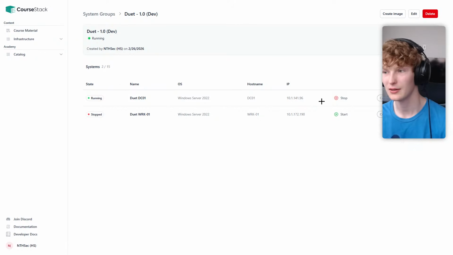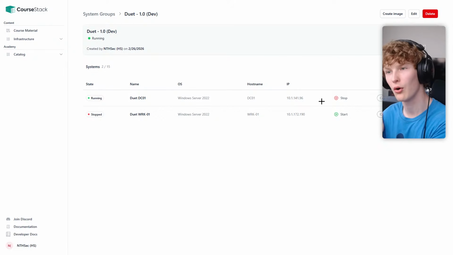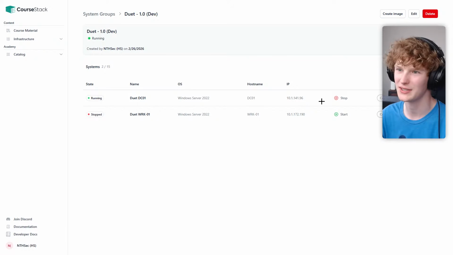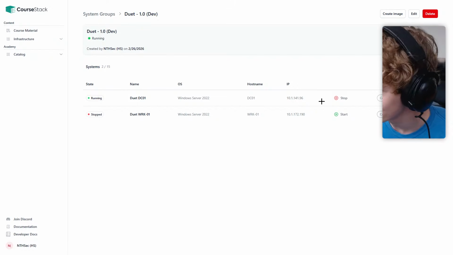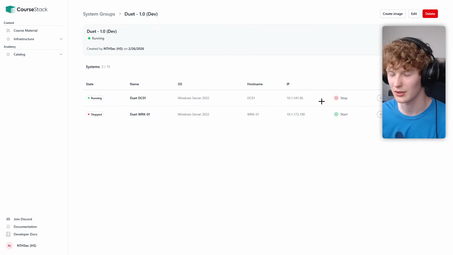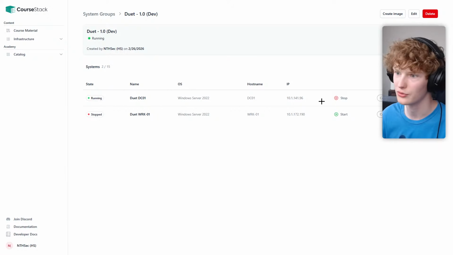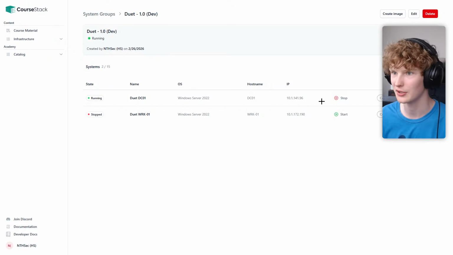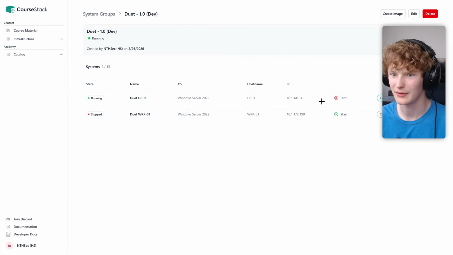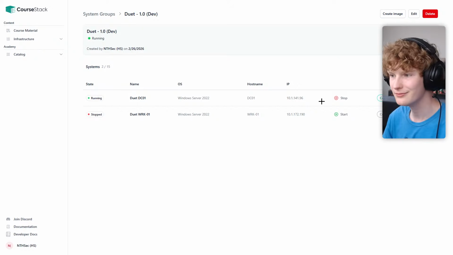Is core stack paid? No. Well, I think this dev interface might be, but I think they have tiers. Like a free tier, then a premium tier, then an advanced tier, or something along those lines, where you can host a certain amount of machines on their website before you have to pay. So I think there is a free tier, but definitely fact check me on that because I'm not sure.